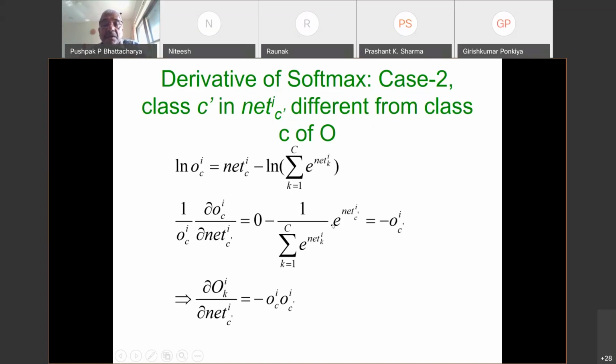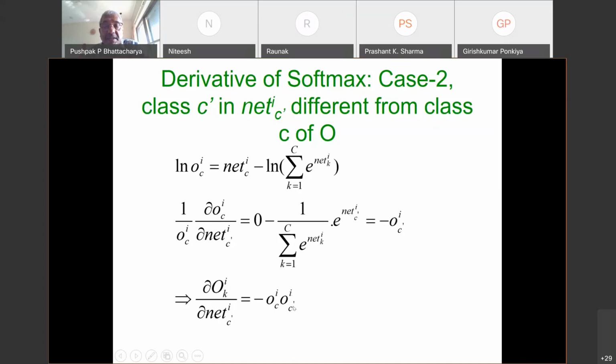This gives me 0. Now again, as usual, 1 by the whole quantity into e to the power net I C dashed, and net I C dashed is the input to the other neuron, not the neuron whose output we are taking the derivative of. So this is nothing but minus O I C dashed. So we make a very interesting observation. Derivative of the output of the neuron with respect to the input of another neuron is minus O I C